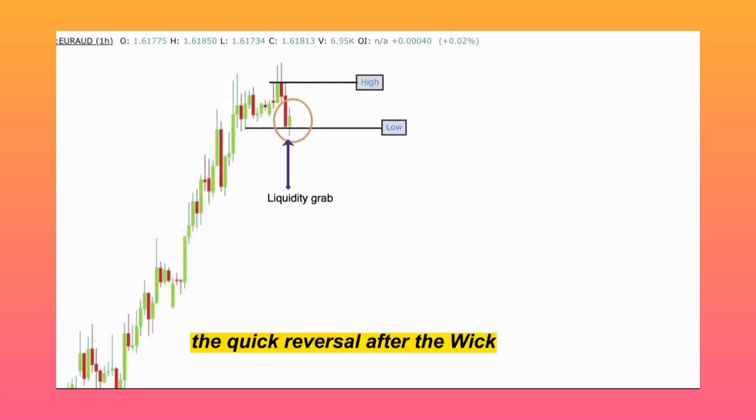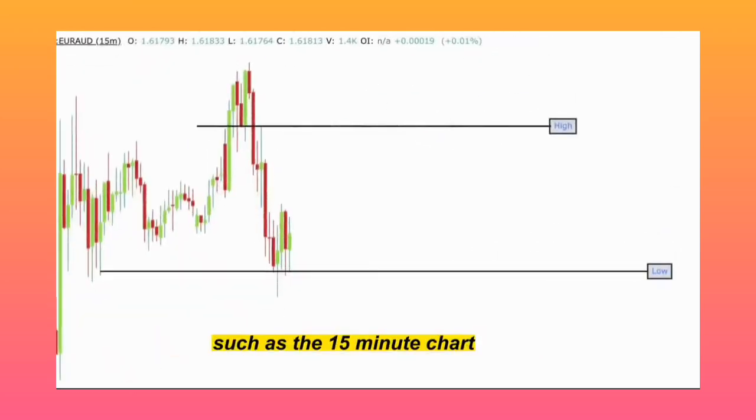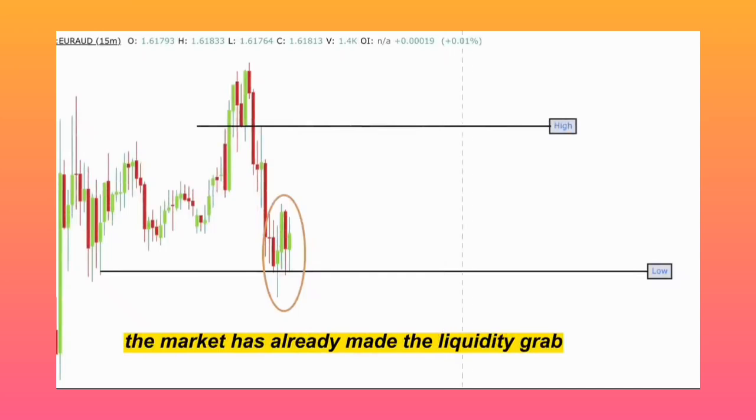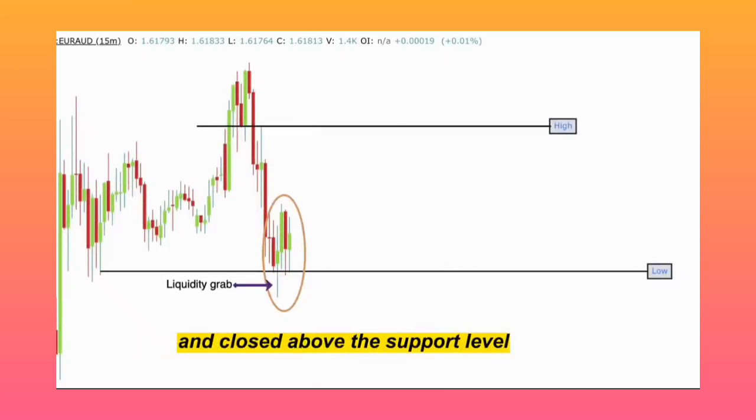The quick reversal after the wick suggests that smart money is preparing to push the price higher. As a retail trader, when you switch to the lower time frame, such as the 15-minute chart in this trading scenario, you will find that the market has already made the liquidity grab and closed above the support level, presenting